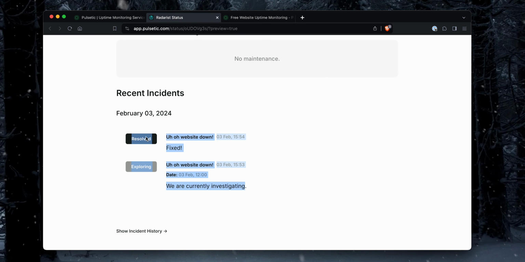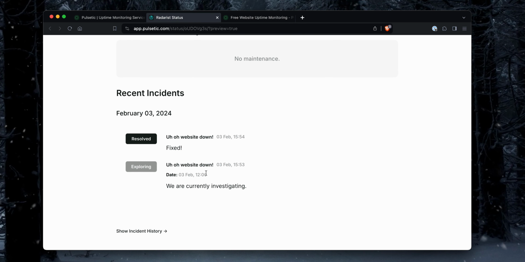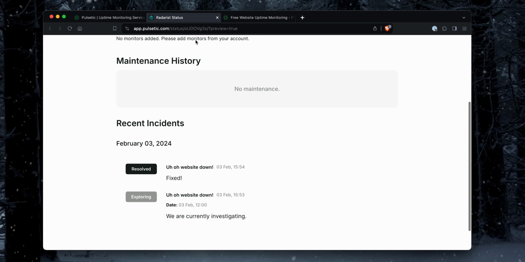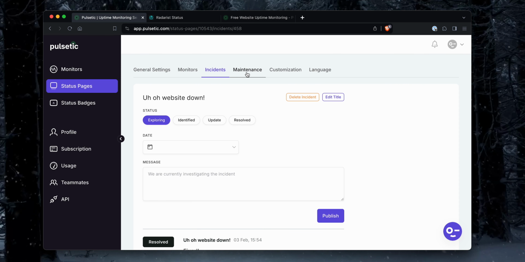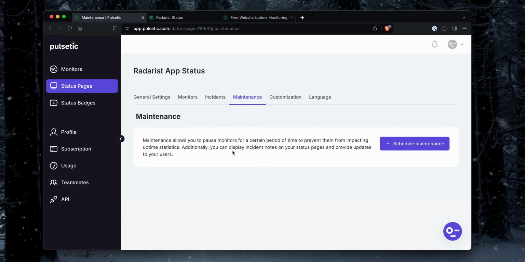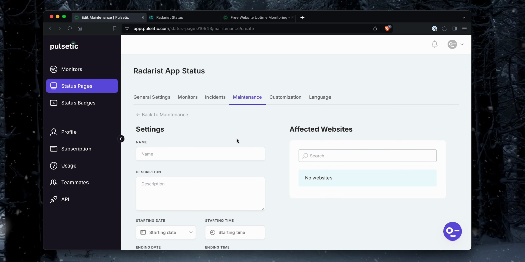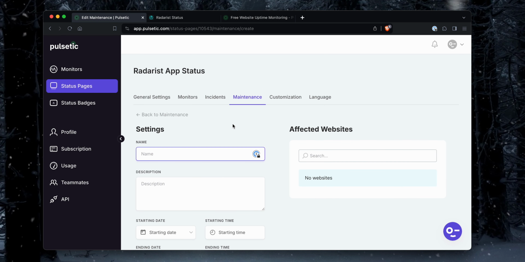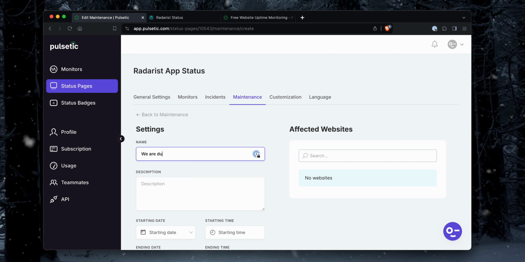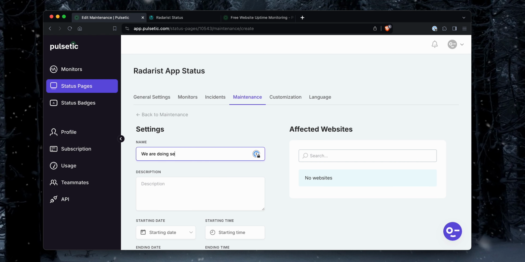We can now see it leaves this nice little timeline of what took place, which works great for the customer. The other thing that you're able to add on these status pages is maintenance. This is a great way to let your customers or website owners know that we are doing server